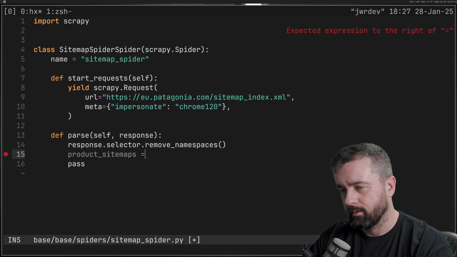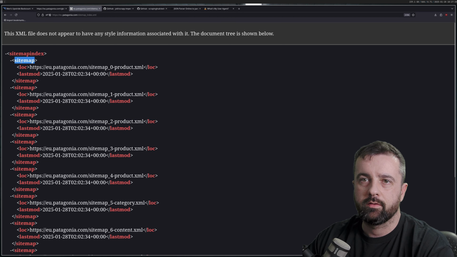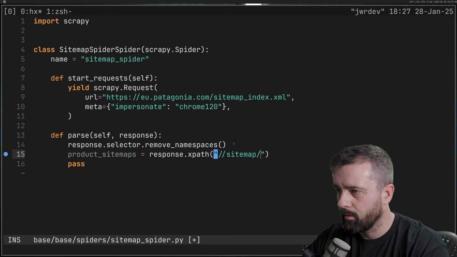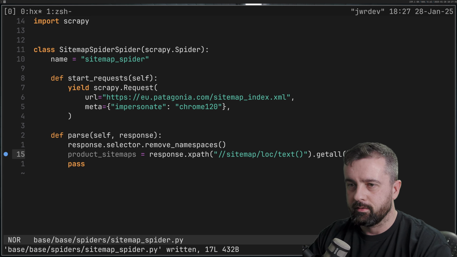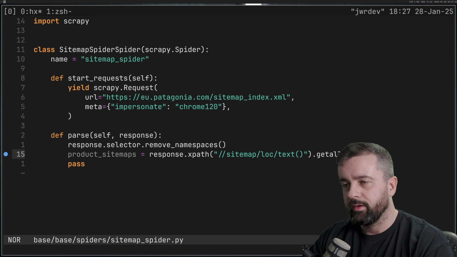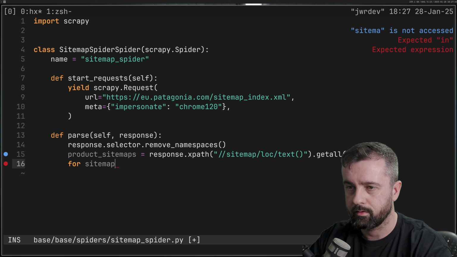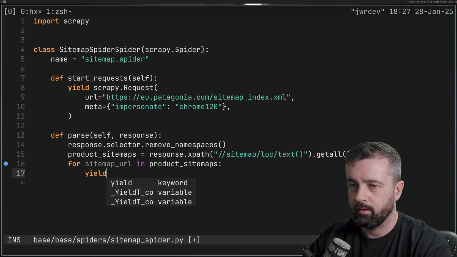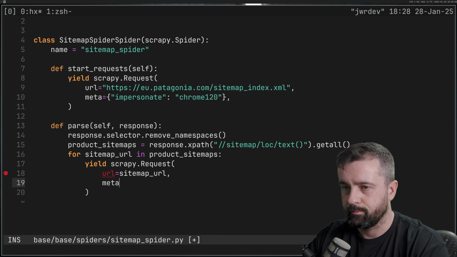Product sitemaps is going to be equal to response.xpath, and if we come to our sitemap here, we have sitemap, loc, and then the text. So we want to do sitemap/loc/text and getall. So this is going to give us a list back here of all of the text of all of the links. So then we just need to loop through these. So we can do for sitemap_url in product_sitemaps, we can yield a scrapy.Request, and again the URL is going to be equal to the sitemap_url. And we'll just bung in this meta